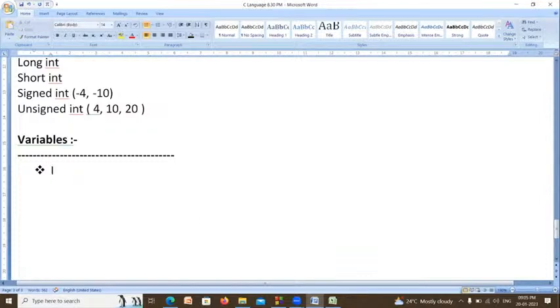So this is a container. What is the use of this container? It is used to store the data. If you want to store the data, you have to use a variable. In a variable, it can store only one value.